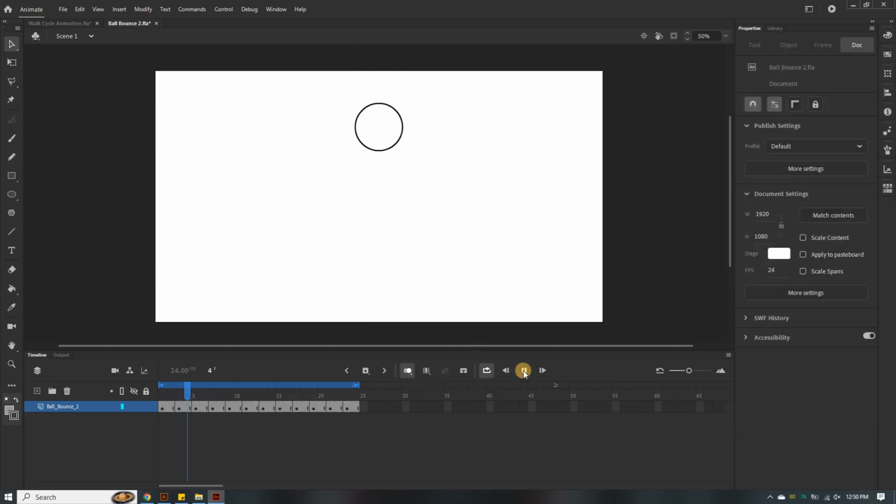Let's see how this one looks. Yeah, this one looks much better. This is a better ball bounce. Much better. Okay, so now let's